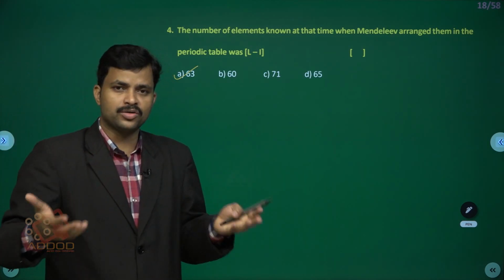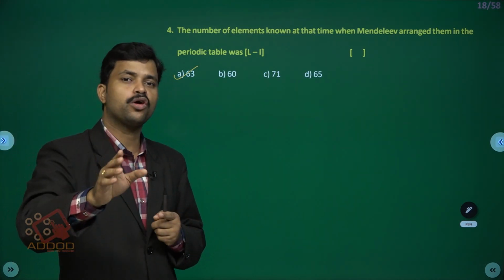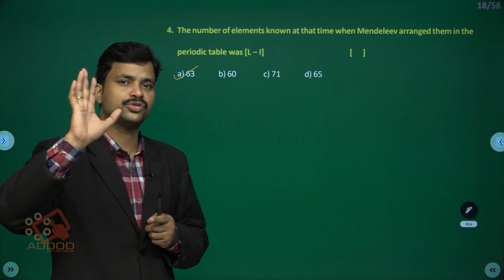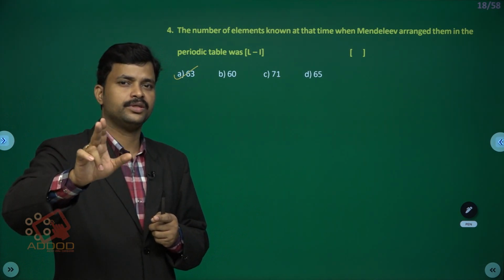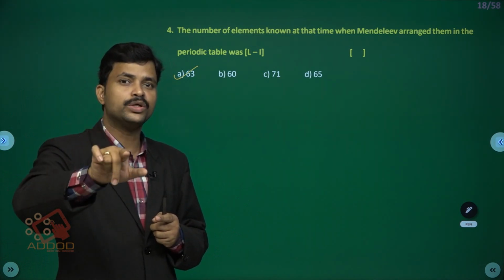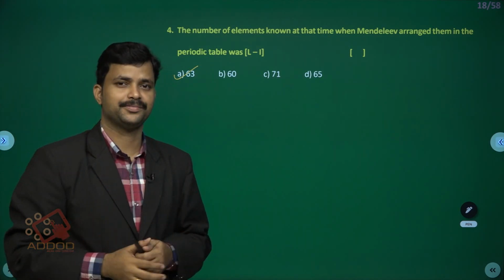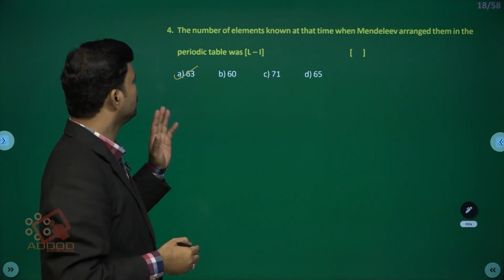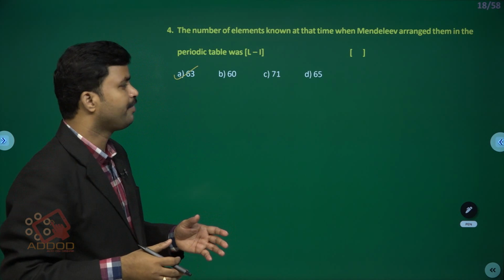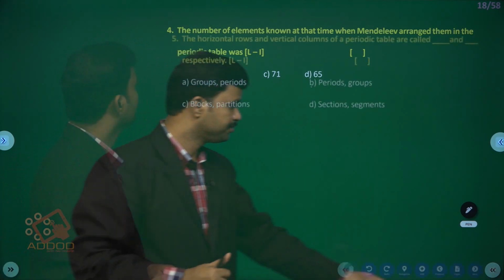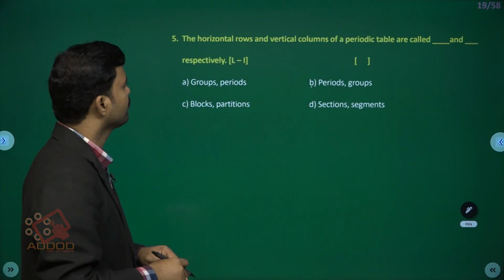In his time, elements are not there, but definitely he has a strong belief that there are some elements in nature. Then if you discover them, keep them here, like that. So in his time 63 elements are available, all are organized. The horizontal rows